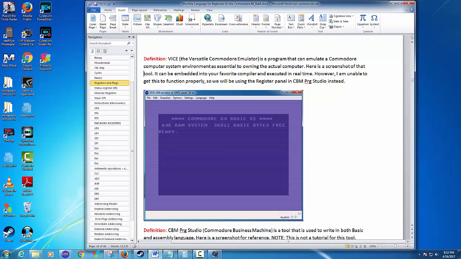So Vice stands for the Versatile Commodore Emulator. It's a program that can emulate a Commodore computer system environment as essential to owning the actual computer. Here's a screenshot of that tool. It can be embedded into your favorite compiler and executed in real time. And you've seen videos of me doing this already when we're doing a machine language project. We have it already embedded inside, so it executes when we do a